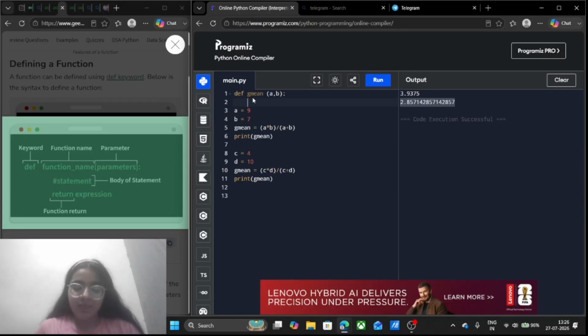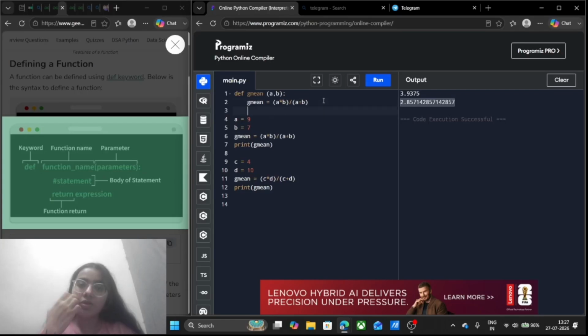Moving forward, we can write the statement here. What we want to do in the geometric mean: I will write geometric mean as a into b divided by a plus b. I am done with my calculation part and I now want to return the geometric mean as my answer. Now, if I want the answer of my geometric mean, I will just remove this and simply call the function.